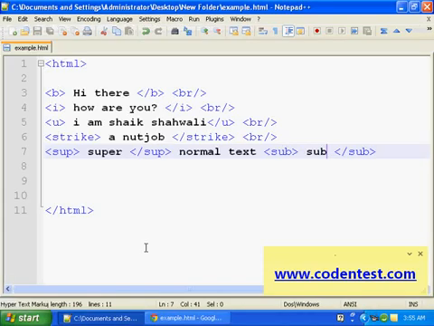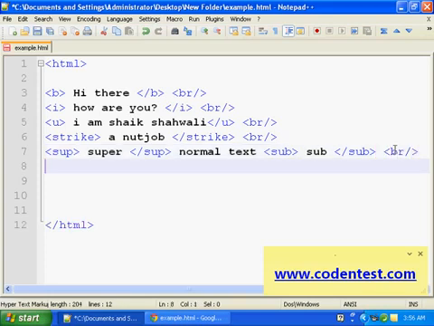Now those are some of the formatting tags in HTML. And what else? Let me add another line break here. And center tag, yes, one of the most important tags, center tag.